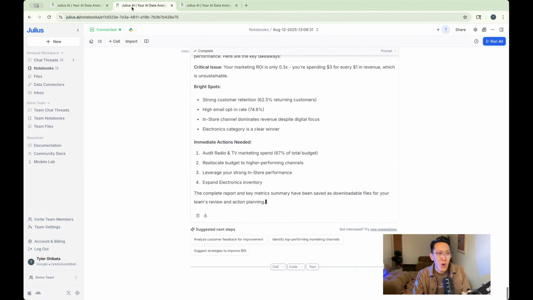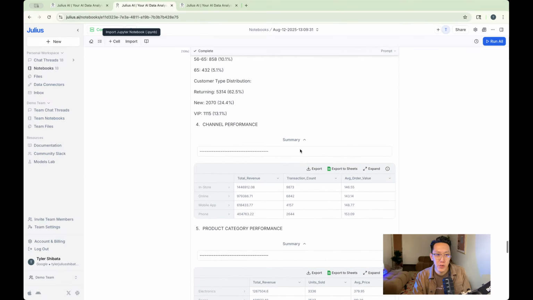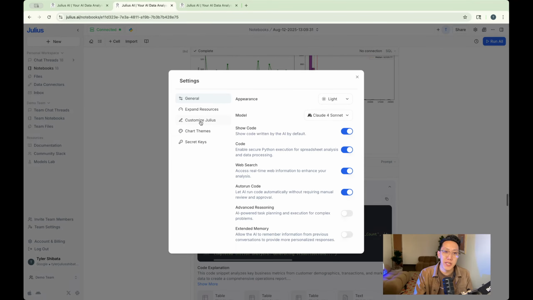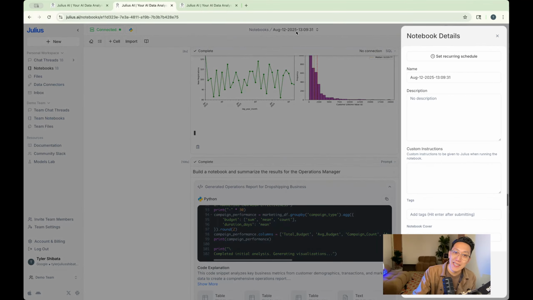I saw a few questions pop into the chat, so I'm going to do this really quickly here. If you click on the chat settings, this is where you'll see all of the different settings, not just for threads, but also for notebooks. And also, if you click on the edit details here, there are some specific ways that you could add in custom instructions, for example, that are really just specific for this one notebook. So in this example, if I really wanted it to only show users who are between 18 to 35 again,